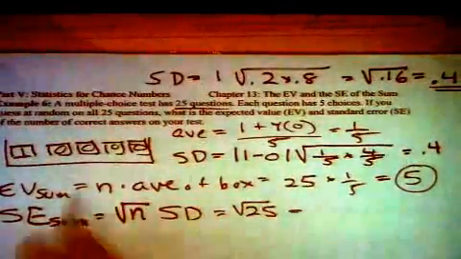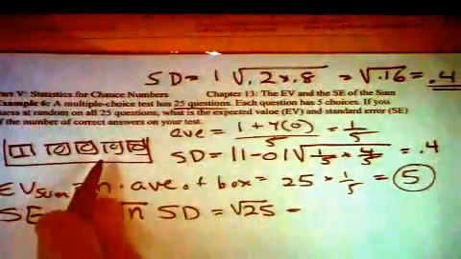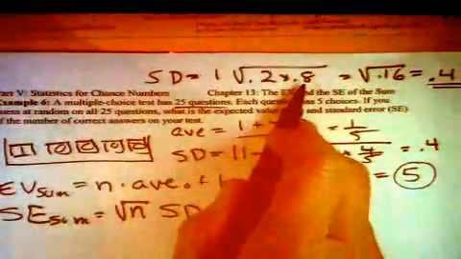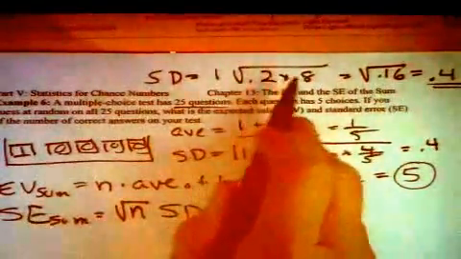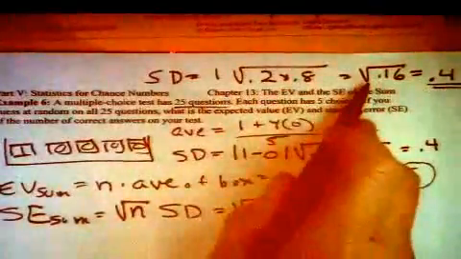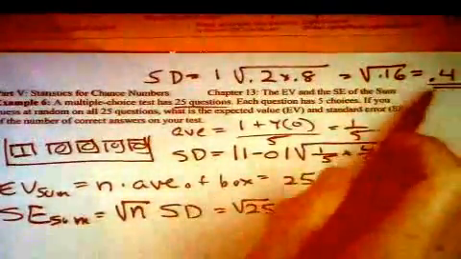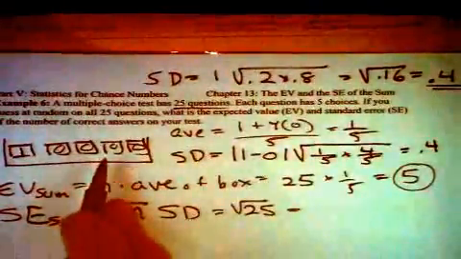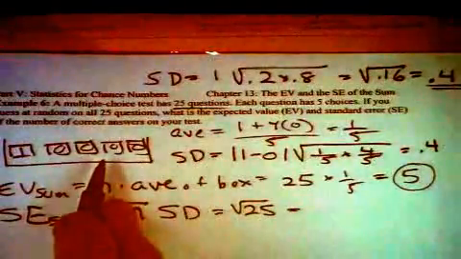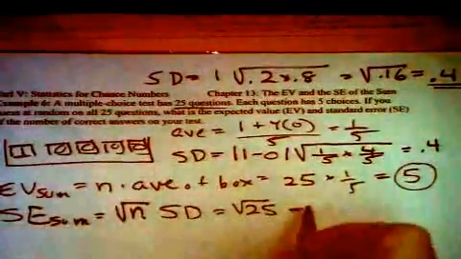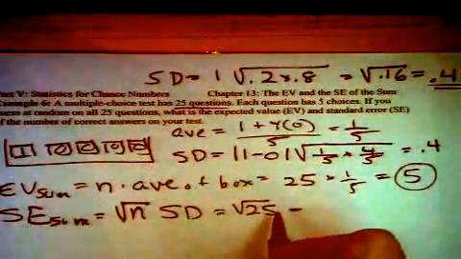By the way, the standard deviation of a 0-1 box, the biggest it can be, is if you have a 50-50 split. Think about it. If you have 0.5 times 0.5, you'd have 0.25. That's the biggest it can ever be. It will always be smaller or equal to that. All right, so this is the square root of 25